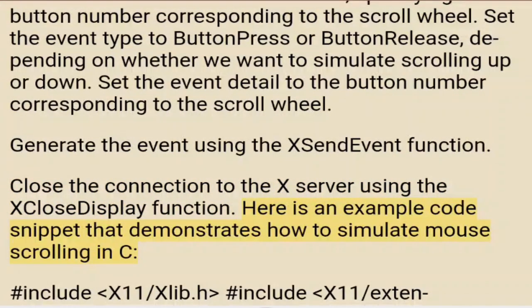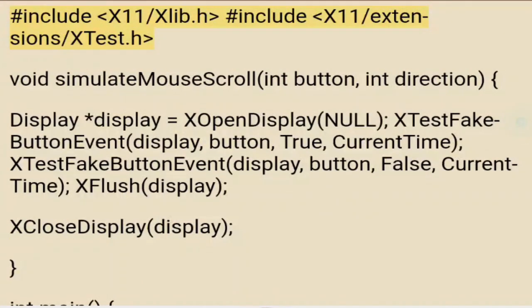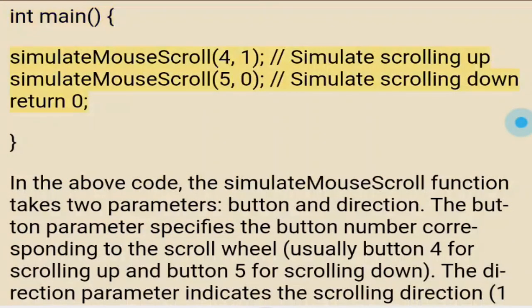Here is an example code snippet that demonstrates how to simulate mouse scrolling in C. #include <X11/Xlib.h> #include <X11/extensions/XTest.h> void simulate_mouse_scroll(int button, int direction) { Display *display = XOpenDisplay(NULL); XTestFakeButtonEvent(display, button, True, CurrentTime); XTestFakeButtonEvent(display, button, False, CurrentTime); XFlush(display); XCloseDisplay(display); } int main() { simulate_mouse_scroll(4, 1); // simulate scrolling up simulate_mouse_scroll(5, 0); // simulate scrolling down